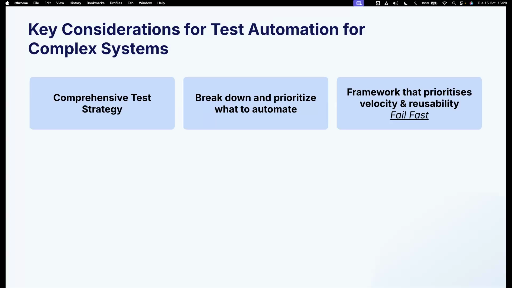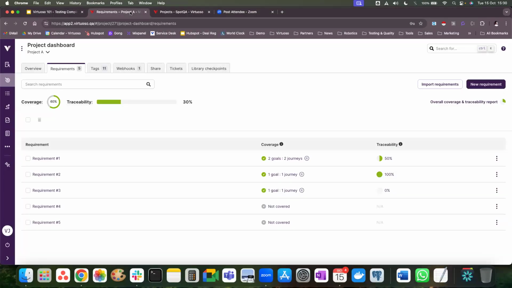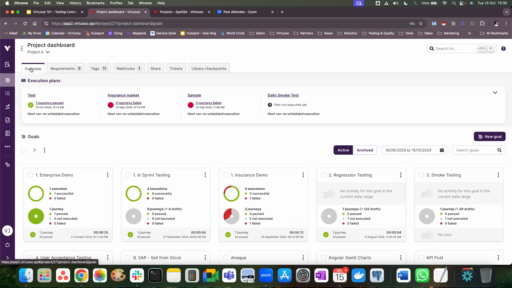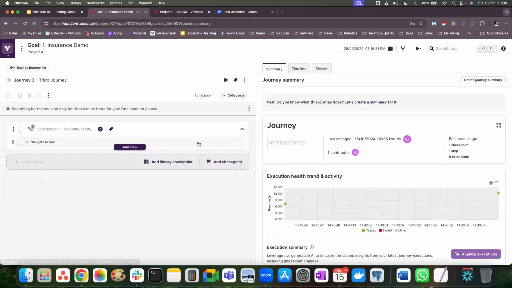So let's just understand a bit about how Virtuoso allows you to reduce the amount of time it takes for you to write test cases. So we've understood how we can map your requirements and start creating test cases. But let's just understand how it allows you to write test cases very quickly, which directly affects the velocity of